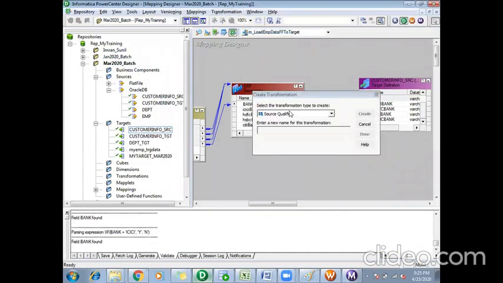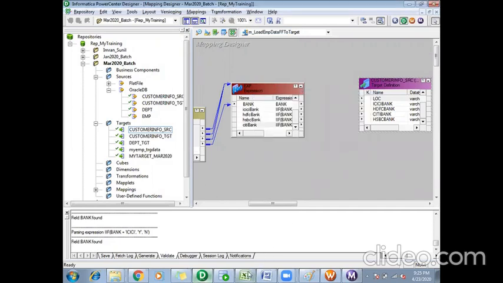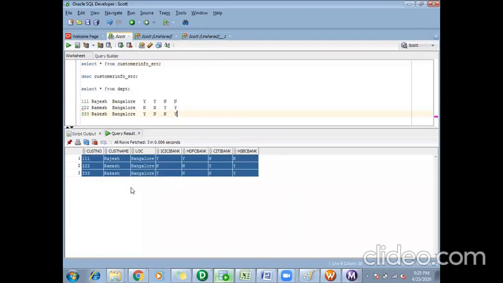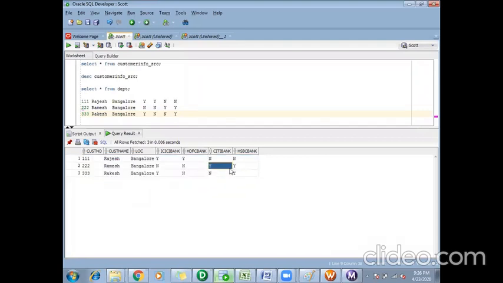Sandesh, I think I have a question. Yeah, go ahead. Can you please go back to the source table? Here you can see for the user Ramesh, he owns accounts in two banks. Will the logic that we are applying now be applicable to this?